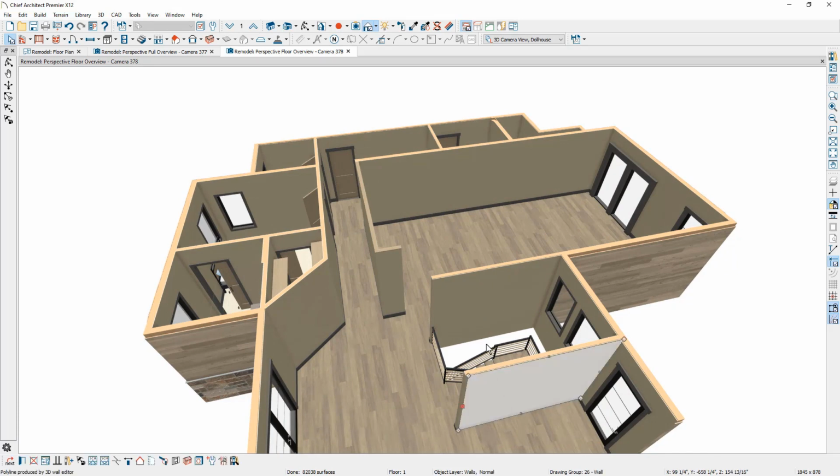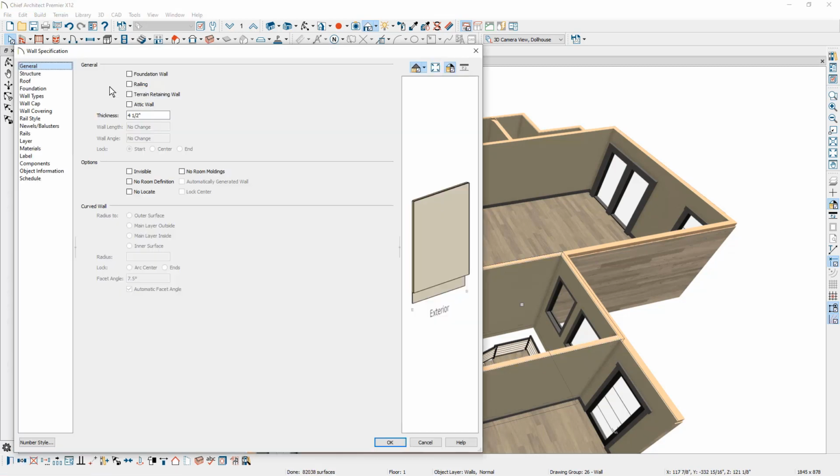Again, I'm going to click on both of those walls, hold my shift key down, grab both of those walls, use the Open button, and I'm going to make the same change, making them a railing. My default railing wall is set up to be a railing. It's also in my interior railing default.